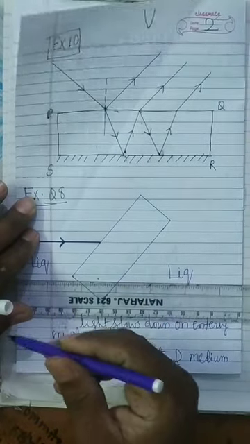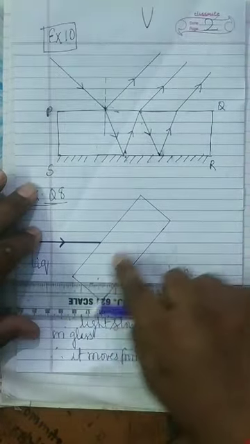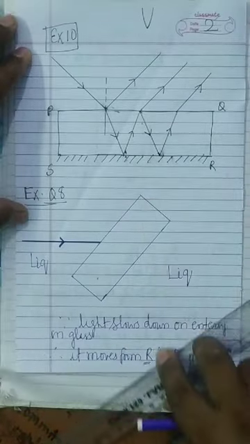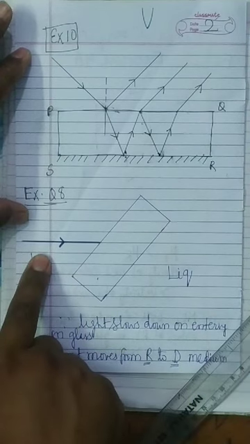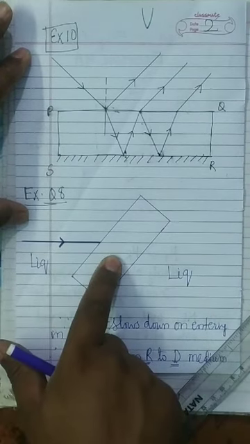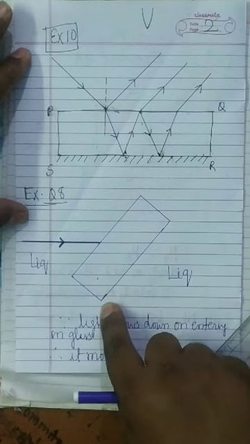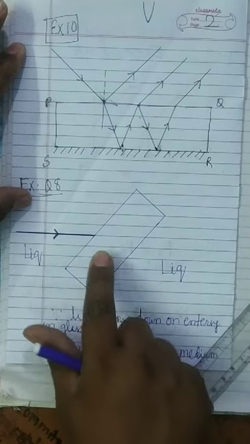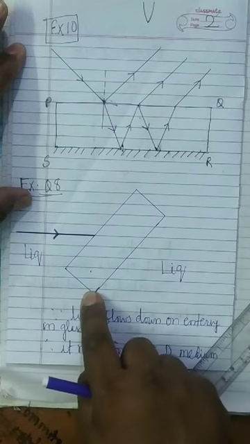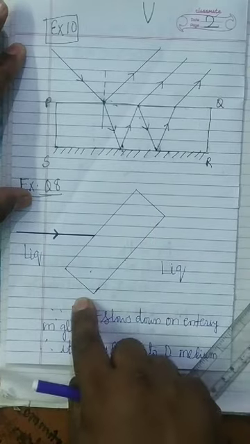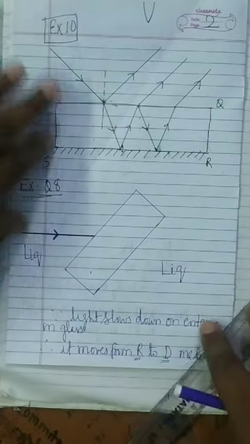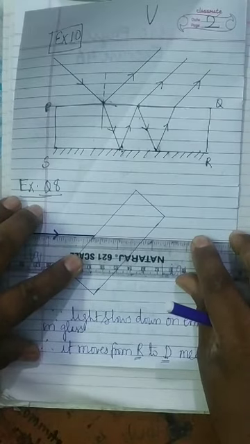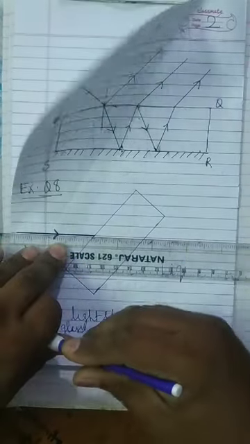Now what will be the normal? So see here both the refracting surfaces. One refracting surface is this, where refraction takes place when light ray goes from liquid to glass. Other refracting surface is this, when the light is moving from where to where? Glass to liquid. Both are parallel. Therefore, emergent ray will be parallel to the original direction of incident ray.